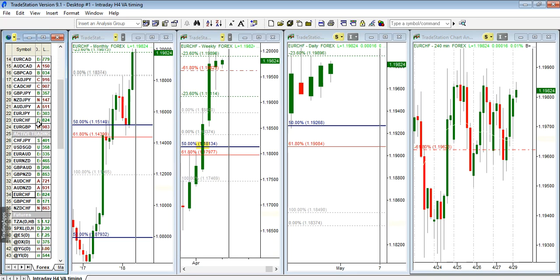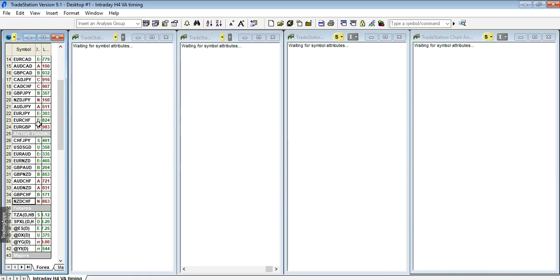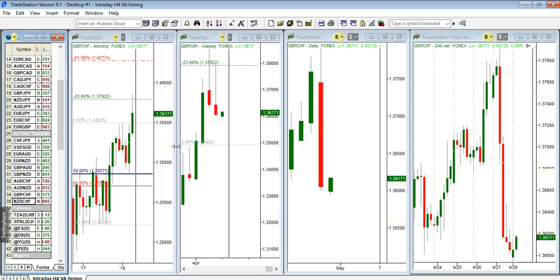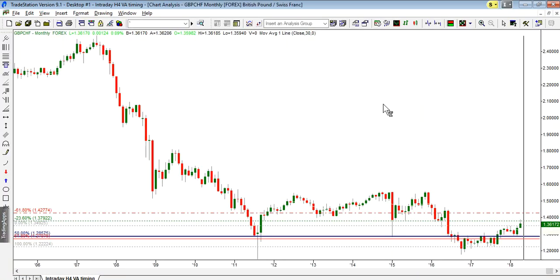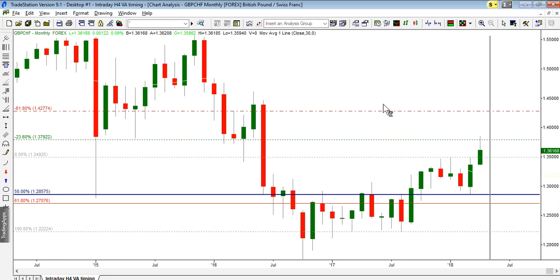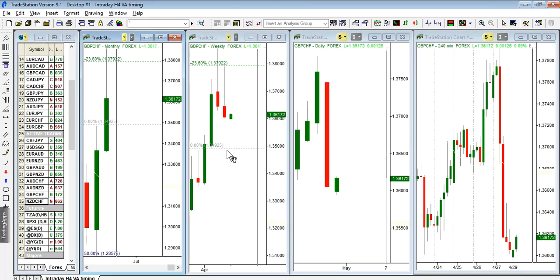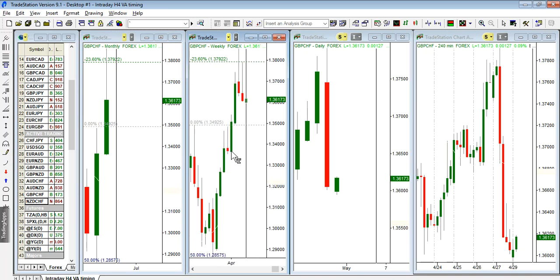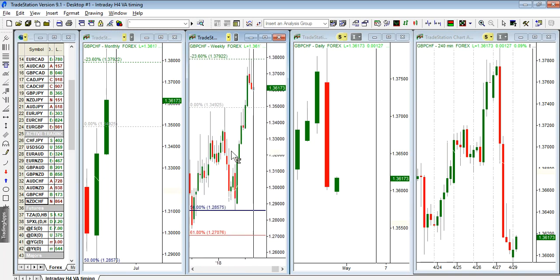Euro, Swiss franc, we have reviewed that already, and pound Swiss franc and New Zealand Swiss franc are the last two markets to review here, but there are other opportunities in other markets as well. So the pound versus Swiss franc has hit the first target, very much like many of the currencies trading against the Swiss franc here. The Swiss franc is particularly weak despite weakness and strength in the dollar,